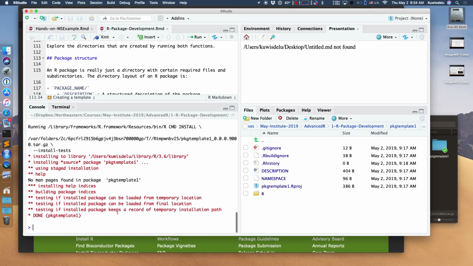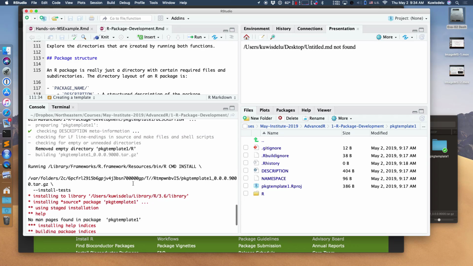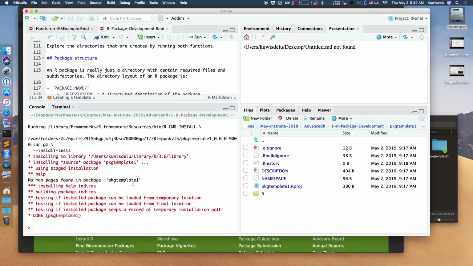Oh, I was able to install this package that does absolutely nothing. R is pretty lenient in what it lets you install. CRAN and Bioconductor are not so lenient. And the way that I could do that